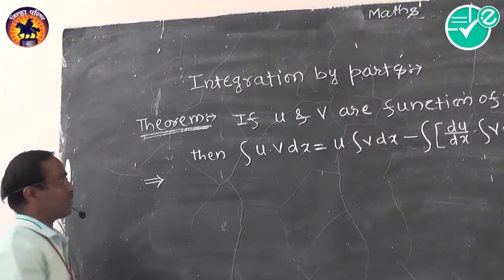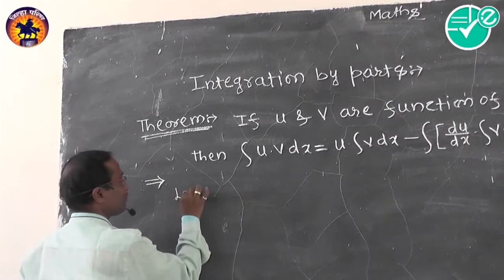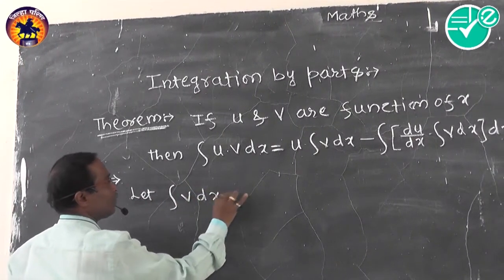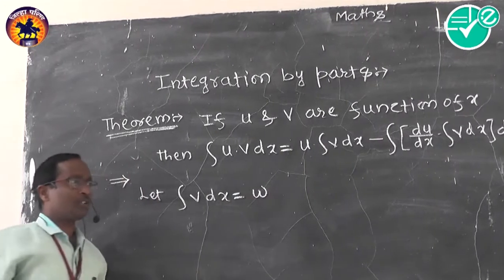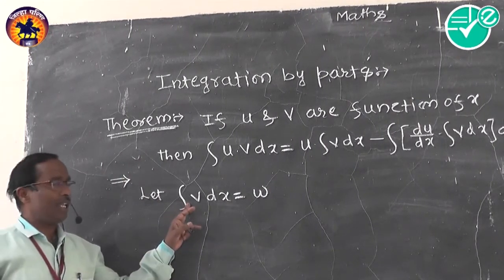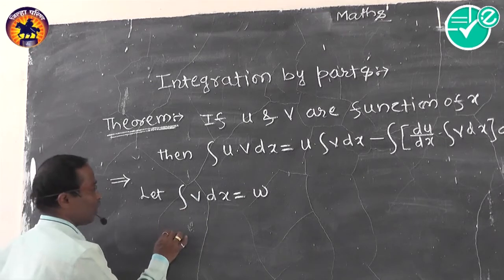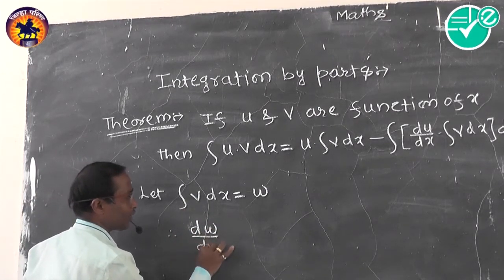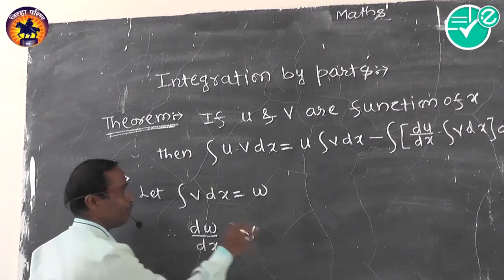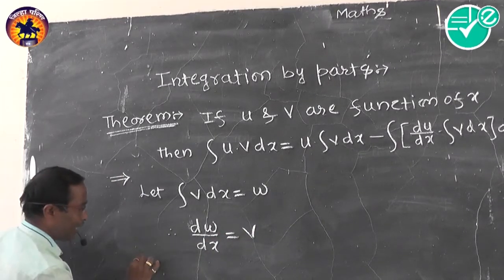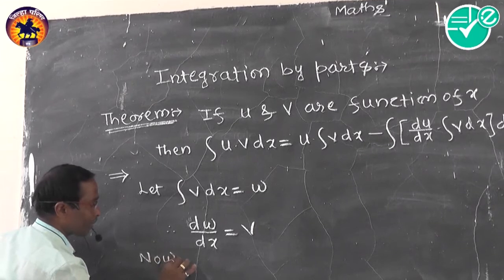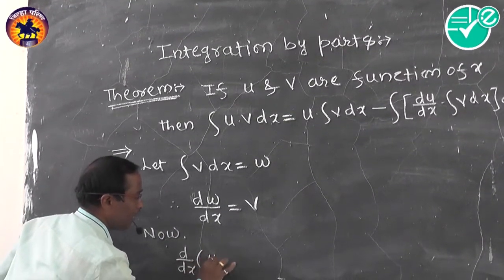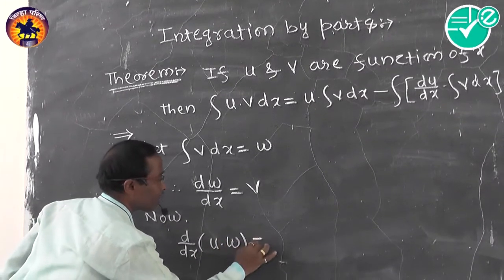We want to prove this. Let the integral of v dx be equal to w. Suppose the integral of v is w, therefore this can be written as dw by dx is equal to v. Now we want to find d by dx of u into w